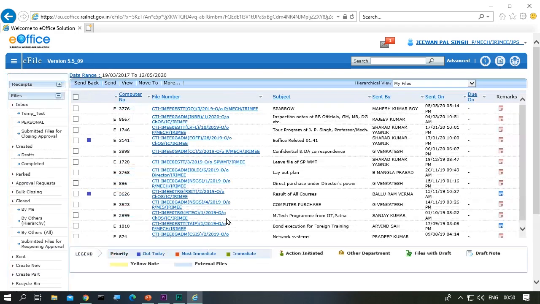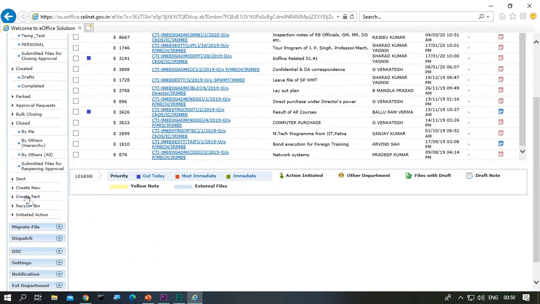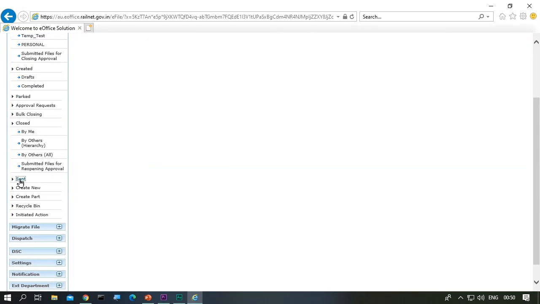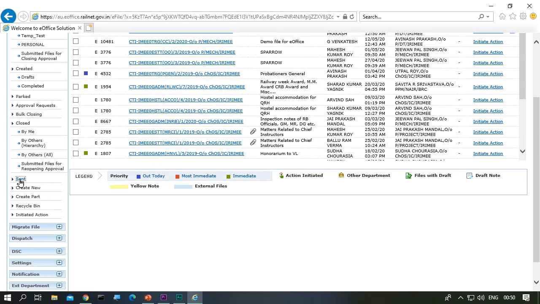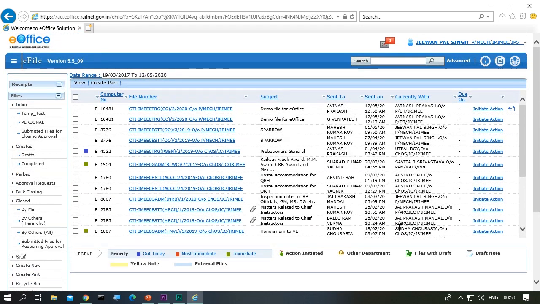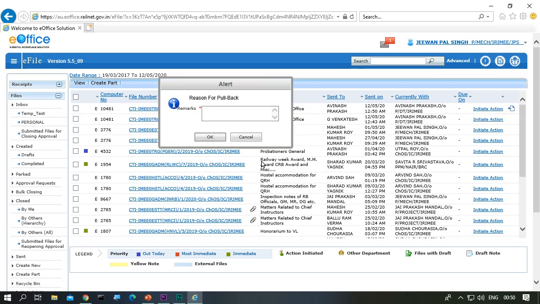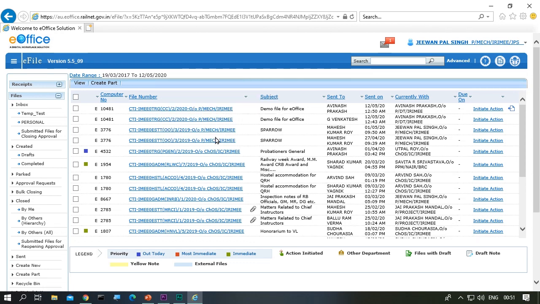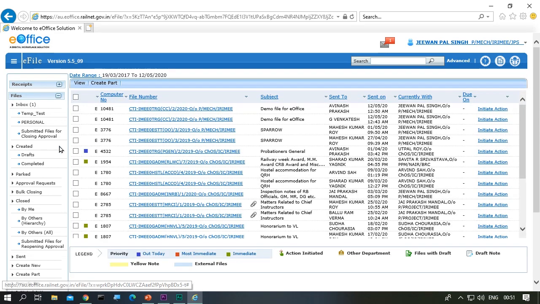Okay, now the file has been sent to the recipient without digitally signing. Normally, files can be sent without digitally signing also. That bears the name but not the digital signature. Now, if such a file we pull back, even the name from the signing side is not permanent. We can edit the note also because it was pulled back, but not digitally signed.